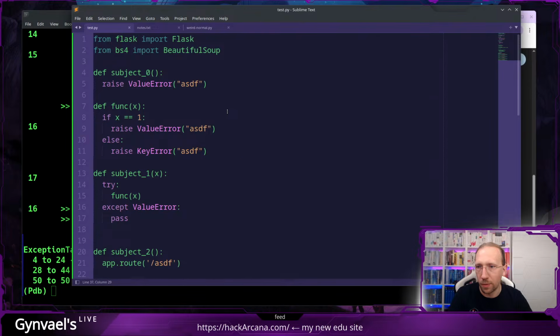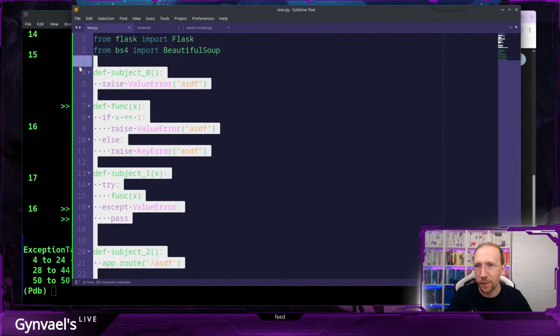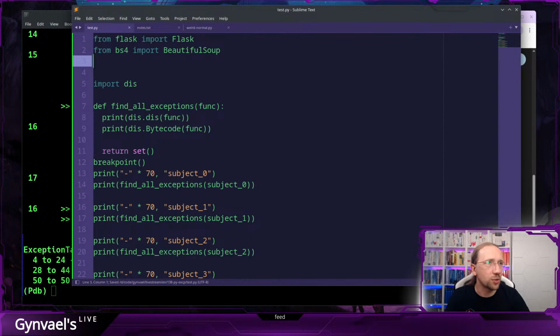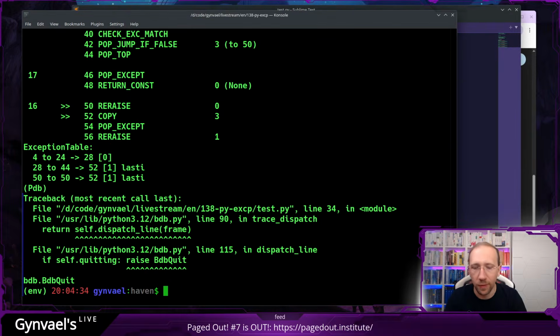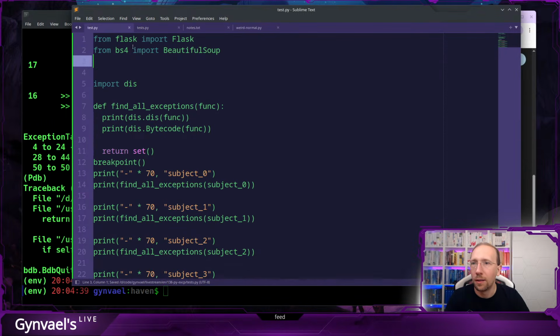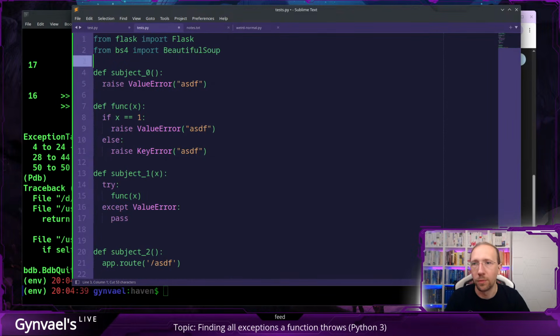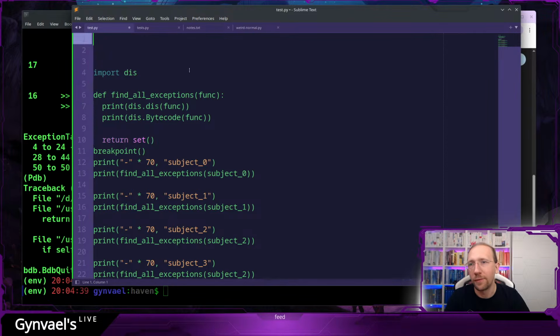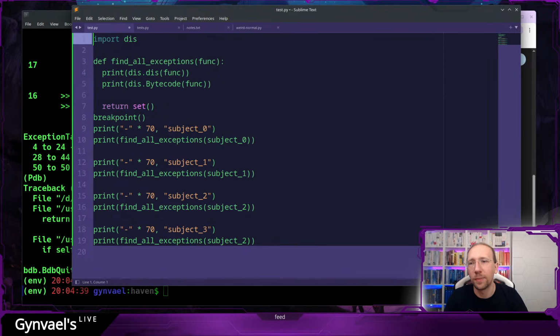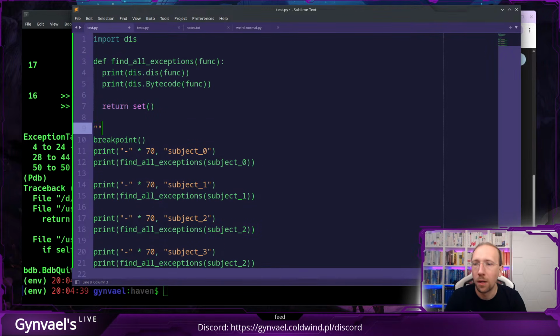Let's put all the test subjects in a different file, as somebody suggested in the chat already. Let's call it tests.py, and these are our test subjects. That way we can either just import them and put them in the disassembler, or